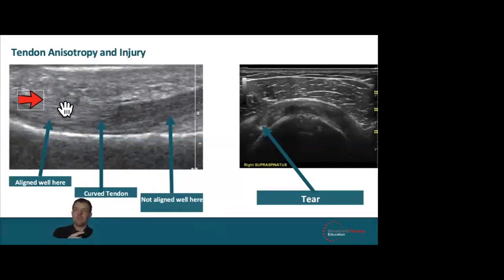So this is a curved tendon. When you're scanning it, obviously the probe is linear, and because it's curved down, you're going to get really good images on some bits, but other bits where it's not very well aligned are going to look quite dark. So if you just looked at that image there, you would think there was something wrong with that bit of the tendon because it looks darker than the other bit,